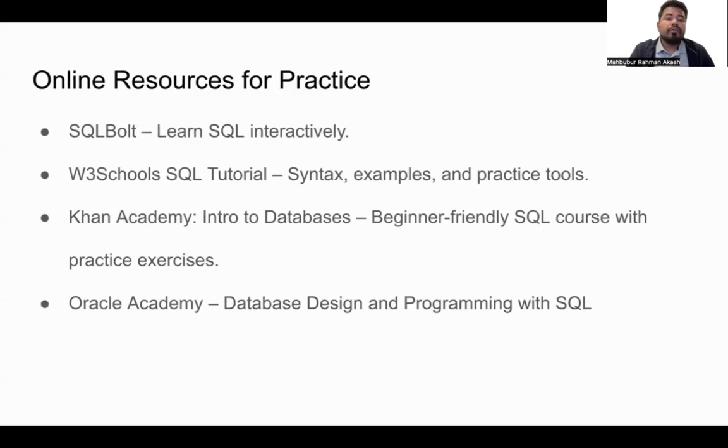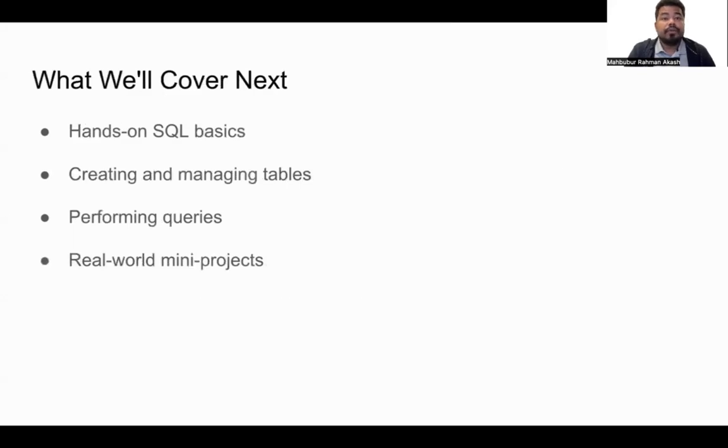All right. You can search online resources to learn SQL interactively: SQLBolt, W3Schools, Khan Academy, Oracle Academy. You can check these courses or online resources for your practice. In the next session, we'll cover hands-on SQL queries. So, all right, before we wrap it up,